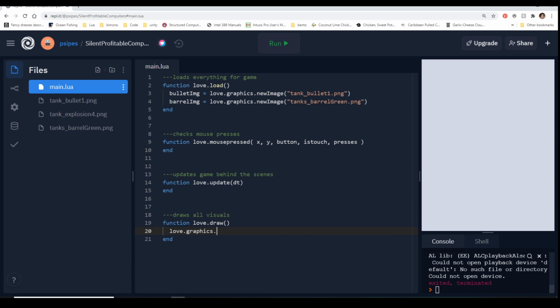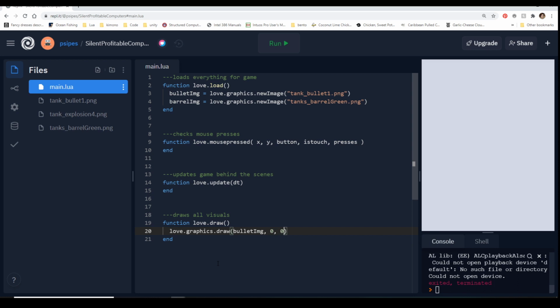If you're not sure, you should have a program where you've drawn an image before, because we talked about it. But also, again, you can go to the wiki if you want. When it comes to actual images, you just use draw again. Inside, as far as parameters, the simplest is to say bullet image, comma, 0, comma, 0. There's a bunch of overloaded functions.